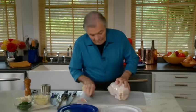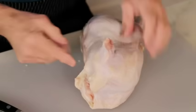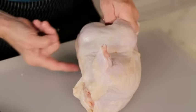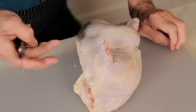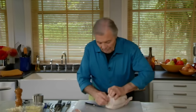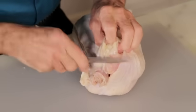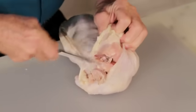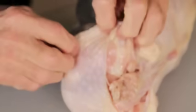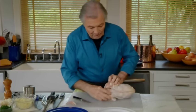I'm going to cut the skin of the back now because I want to open the chicken completely. Now that chicken has an articulation here and there, here and there. That's the only place where I need a knife. The rest I'm going to pull. So first, let's move that up a little bit so I can show you the articulation is there. I can feel it. With my knife here, wiggle it, I get into the articulation there. Turn it. Do the same thing on the other side. Articulation here. Now I've cut on both sides,